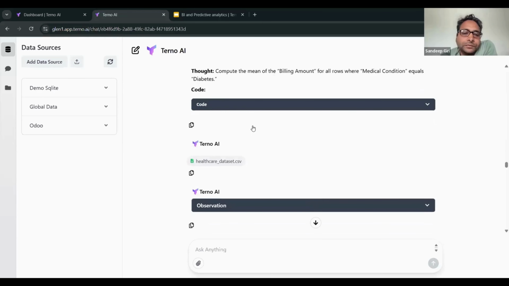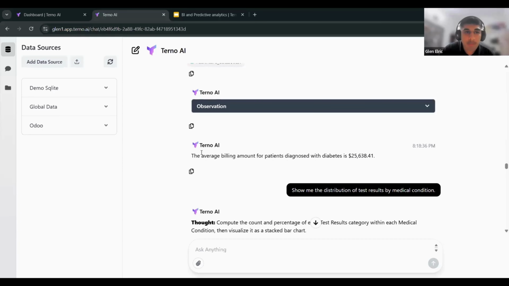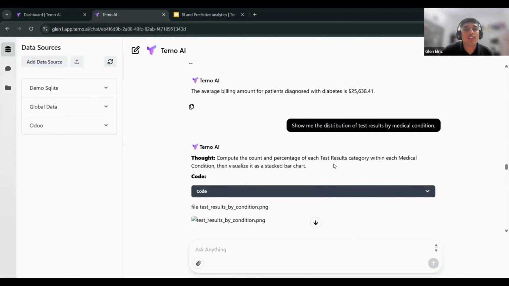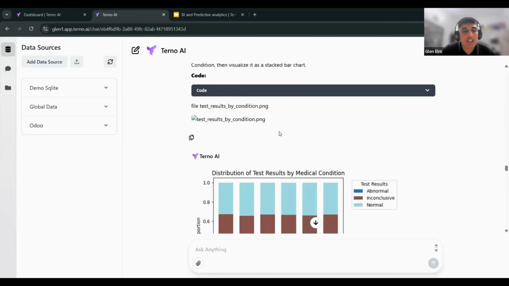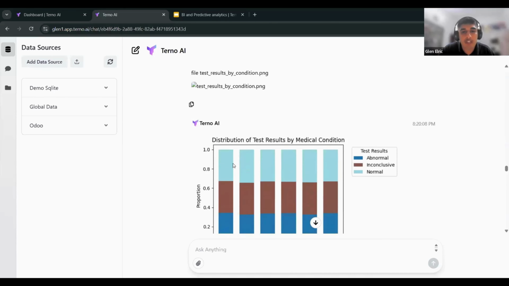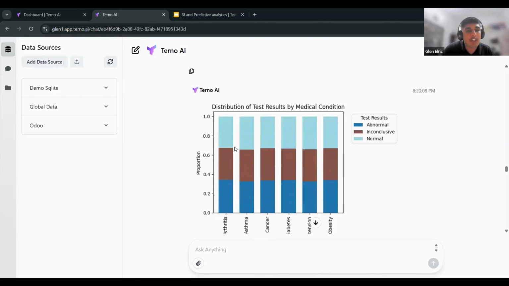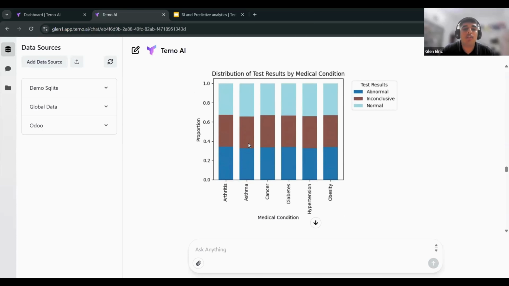It computed the average billing and gave me a straightforward answer on what the average was. Similarly, I asked, show me the distribution of test results by medical condition. It did its work very well. Since it was a synthetic data set, it didn't have much variation, just a slight variation. So you can see the visualization here, the distribution of different test results according to the